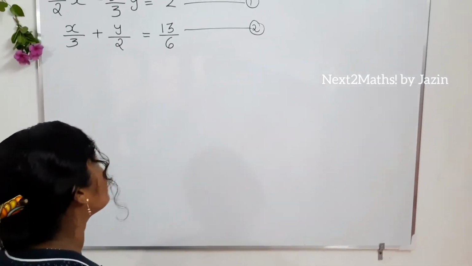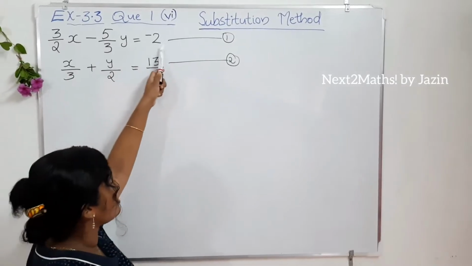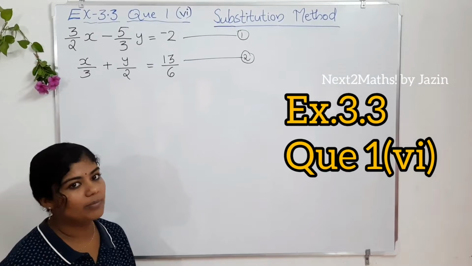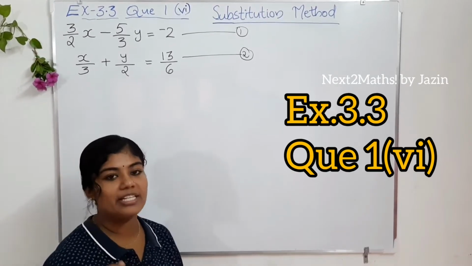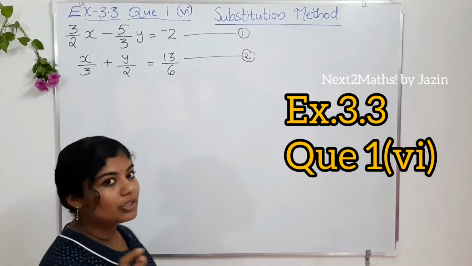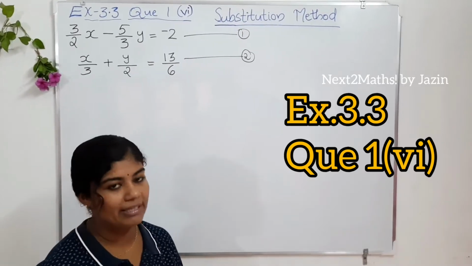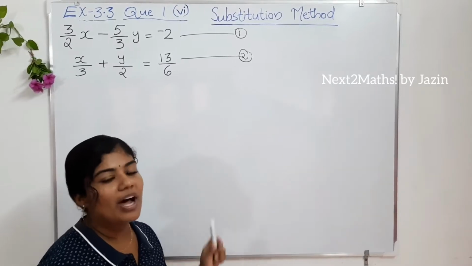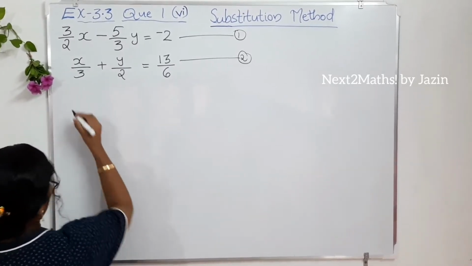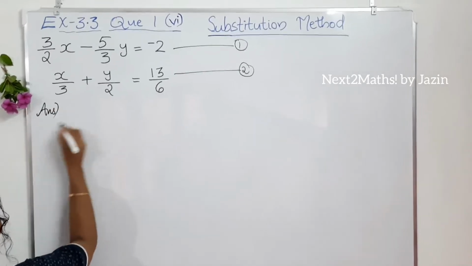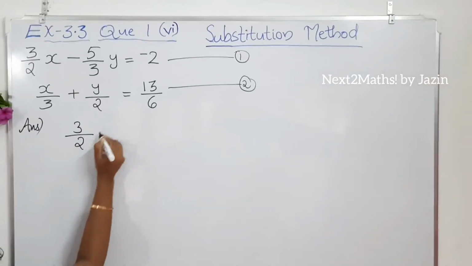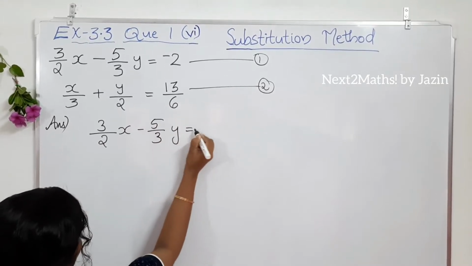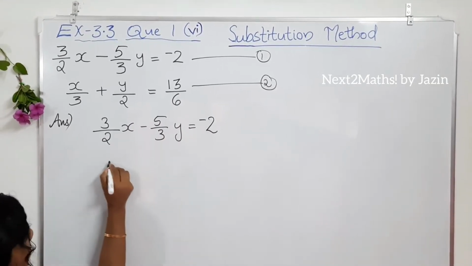What is happening here is that from the first equation, what we will do first? We will write what x is from the first equation. That is our first step. So we are going to do our first step of the substitution method. Now you are all familiar with this method, so do fast, try well. Okay, now let's do our answer from the first equation. I am writing that first equation again. Now we are writing what x is.